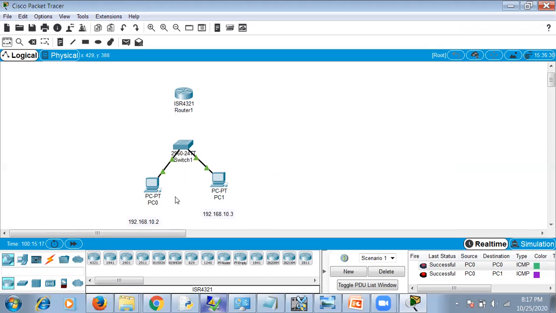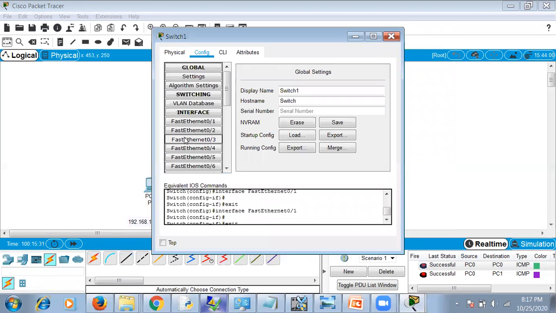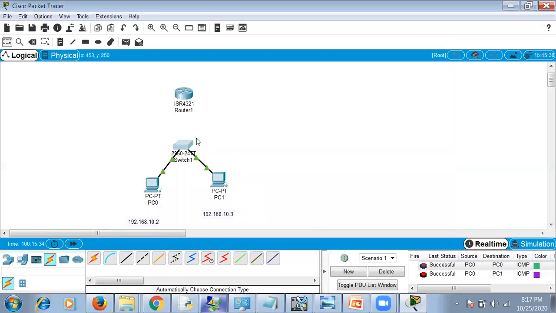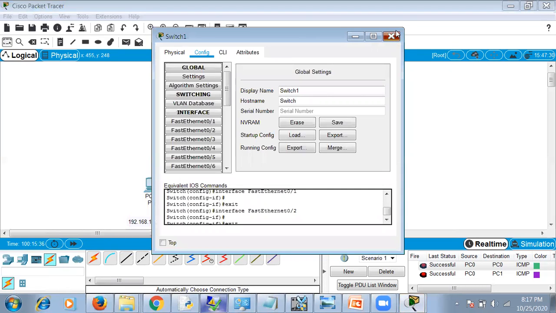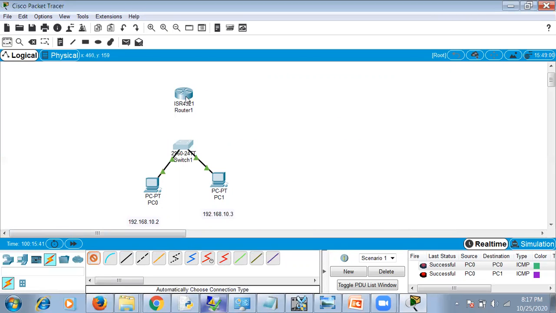So both are in the same LAN now. So we'll connect this LAN to this router. When you bring the cursor here, you can know which Ethernet link has been connected.